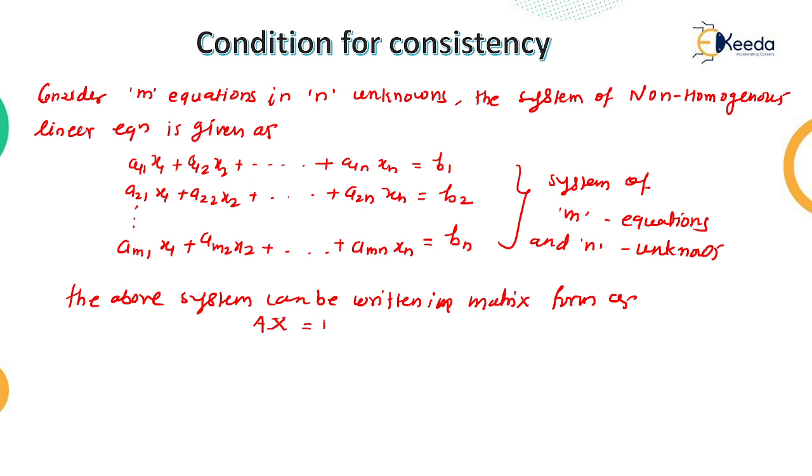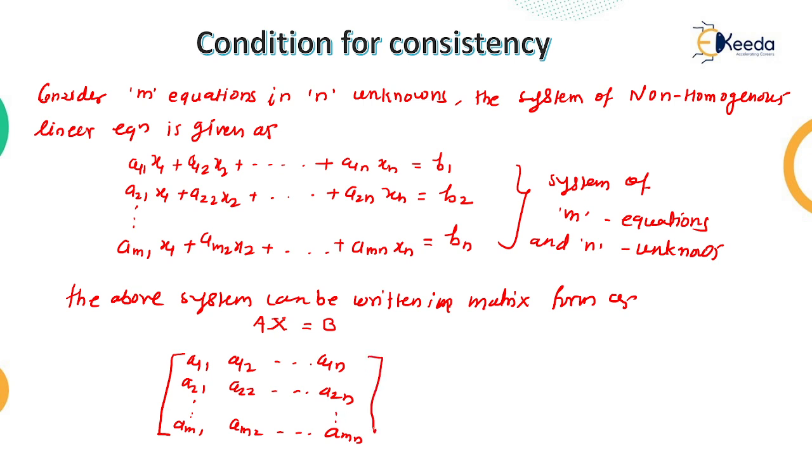That is, a given system of linear equation can be written in matrix form as, this first matrix A is called the coefficient matrix, so this is a11 a12 and so on a1n. Second equation a21 a22 and so on a2n and so on. There are m equations, that's why am1 am2 up to amn. We call this the coefficient matrix, that is the capital A matrix.